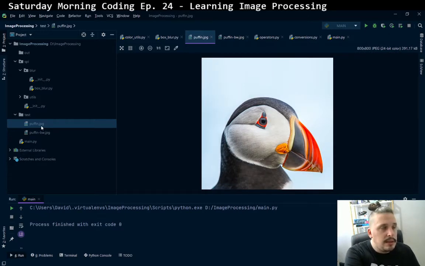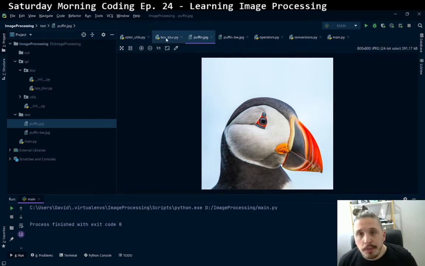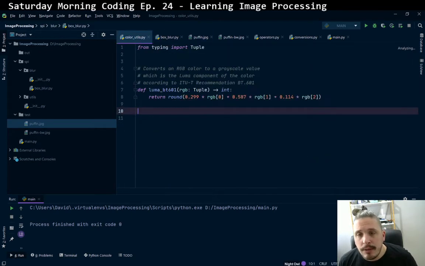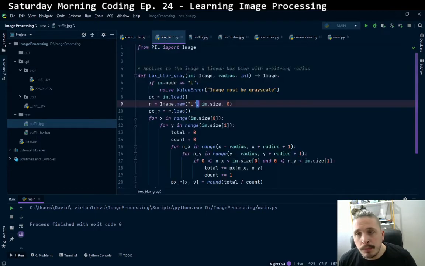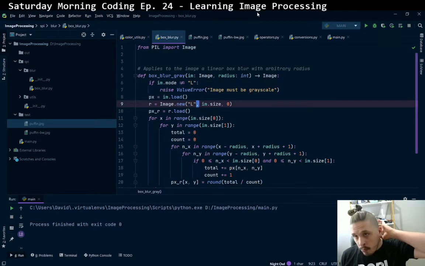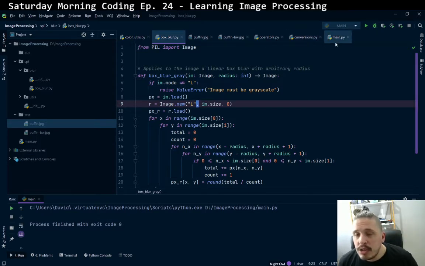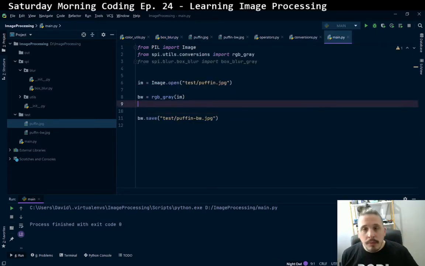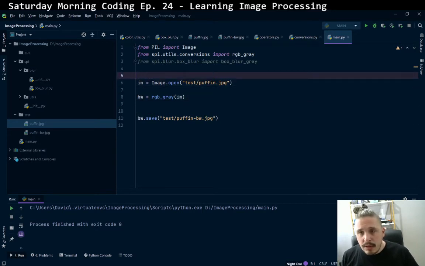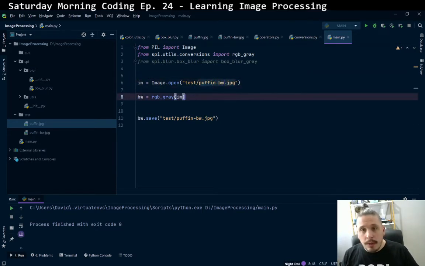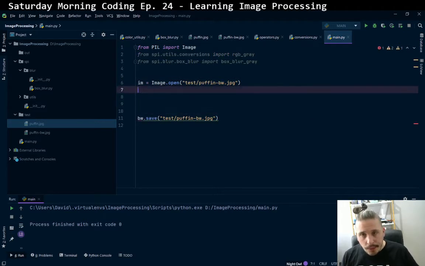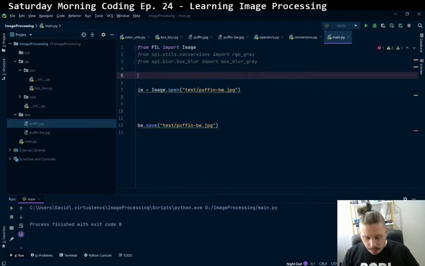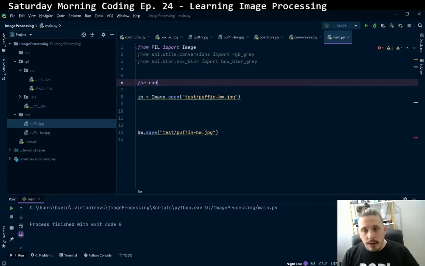So now we are going to test how it looks when we apply a box blur with different radiuses, so we can see how the radiuses affect the blur. So now that we have the image transformed to black and white with our own routine, we can do for radius in range 2 to 15,